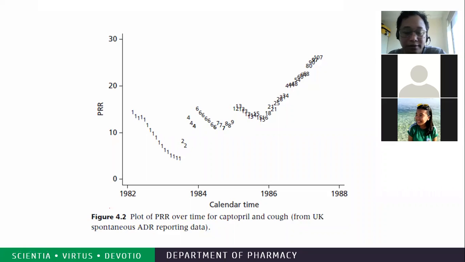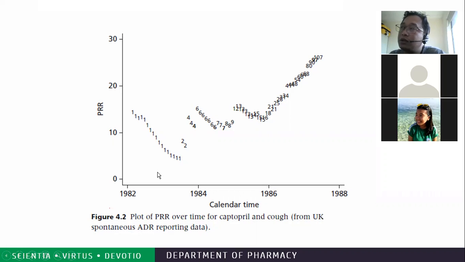So here is another example. This is from captopril and cough, the dry cough. Between 1982 and almost 1984, there is just one report. So the PRR is only one for captopril and cough. Please be reminded that the number of PRR